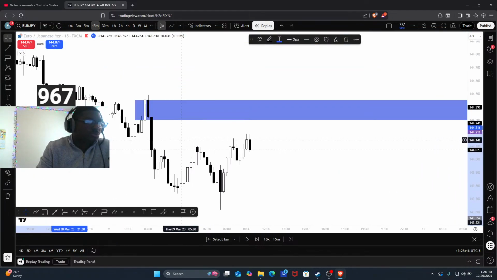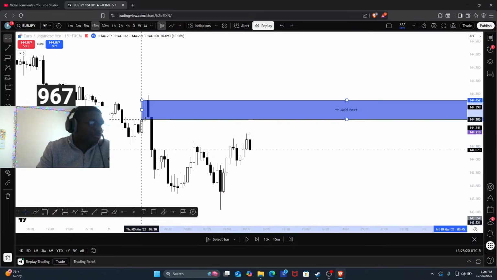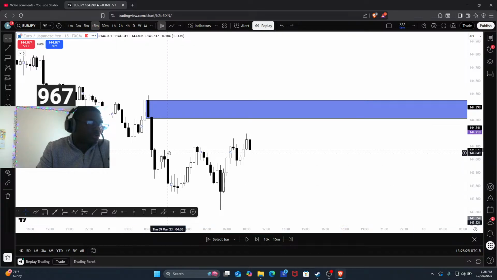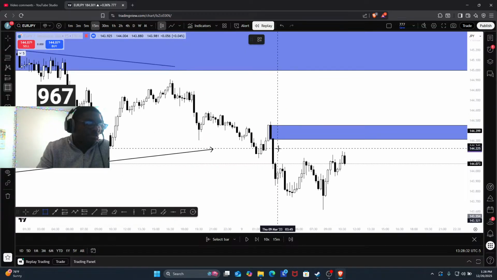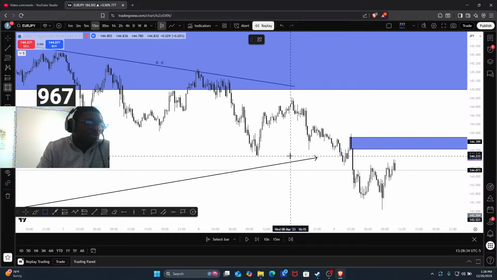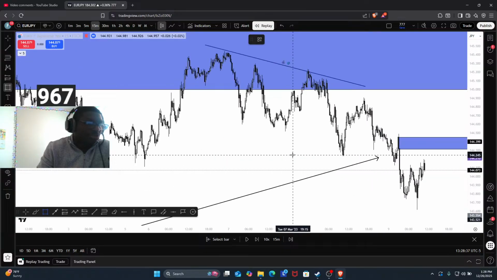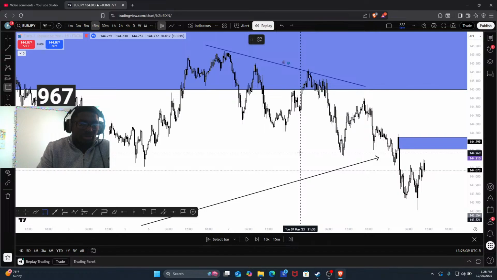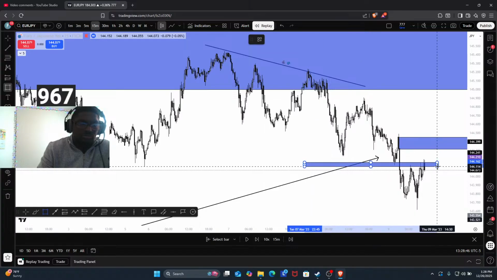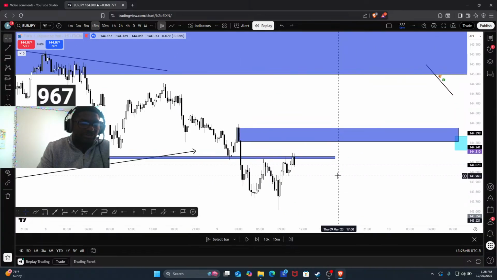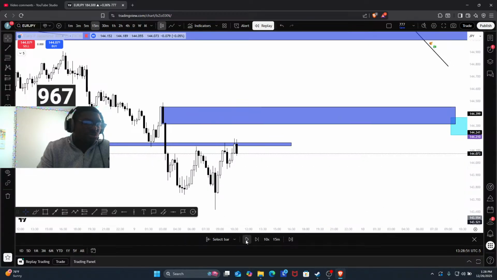Okay, so we have a nice area, right? I think it's valid because you have this nice big candle before it pushed, a major strong push, and it left an imbalance, which, you know, it's important that we understand what we're looking at here. The only wick I see, these two. Be real honest. But let's see what happens.